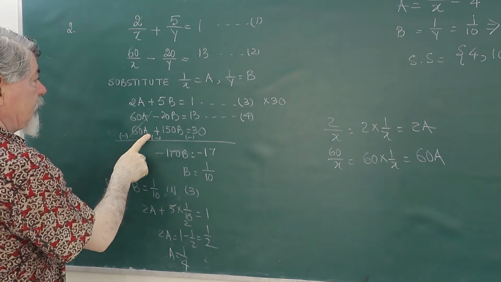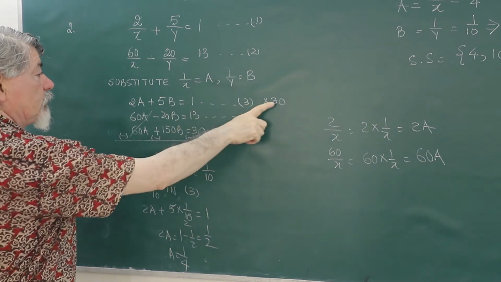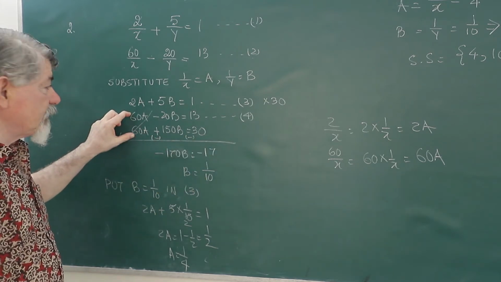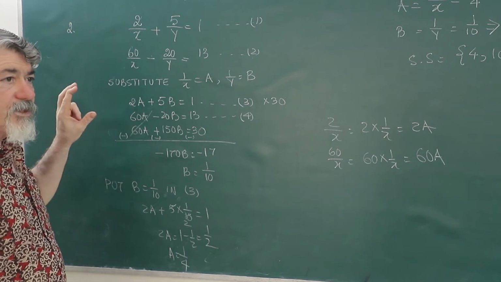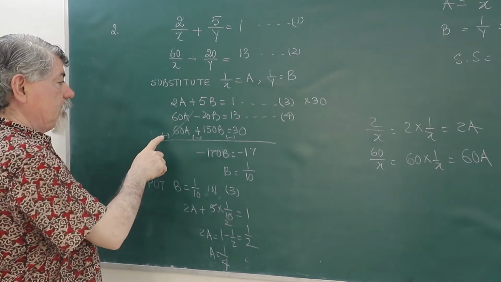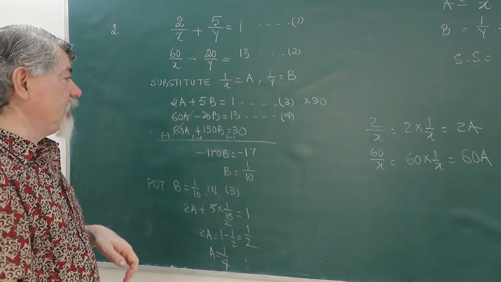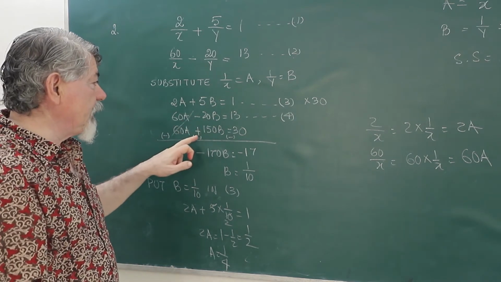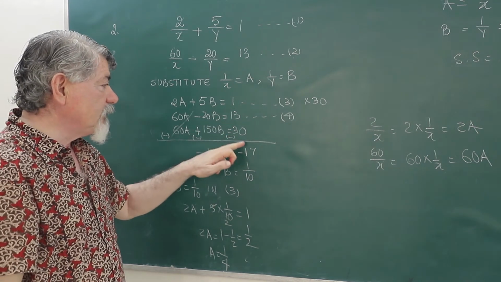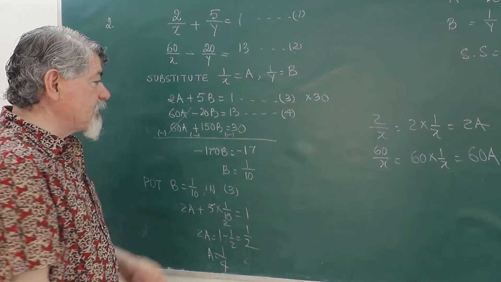into 30 is 60a, 5b into 30 is 150b, and 1 into 30 is 30, and then we subtract because these two have the same signs. So whenever the same signs are there, to eliminate we have to subtract. So we subtract this equation from this. 60a minus 60a will cancel. Minus 20b minus 150b will become minus 170b. 13 minus 30 will give me minus 17. So b will become minus 17